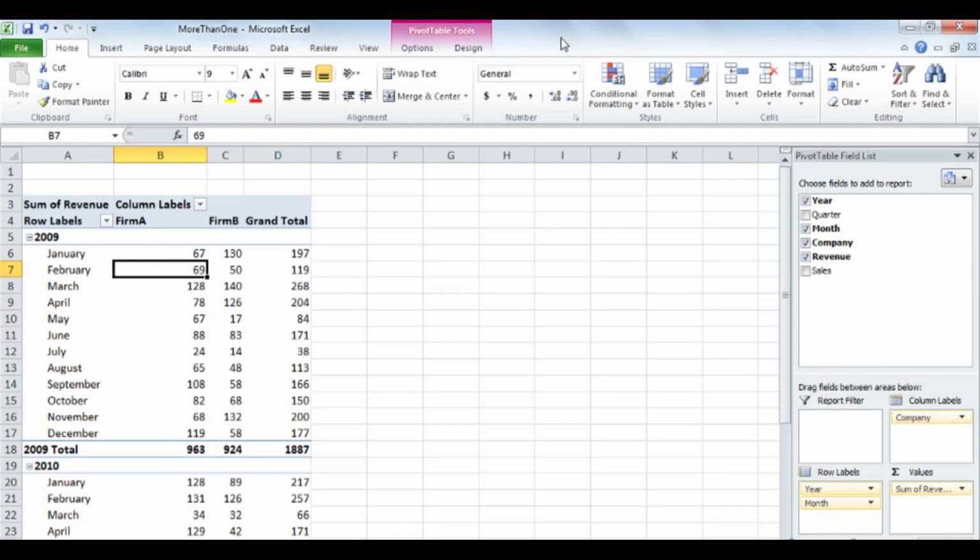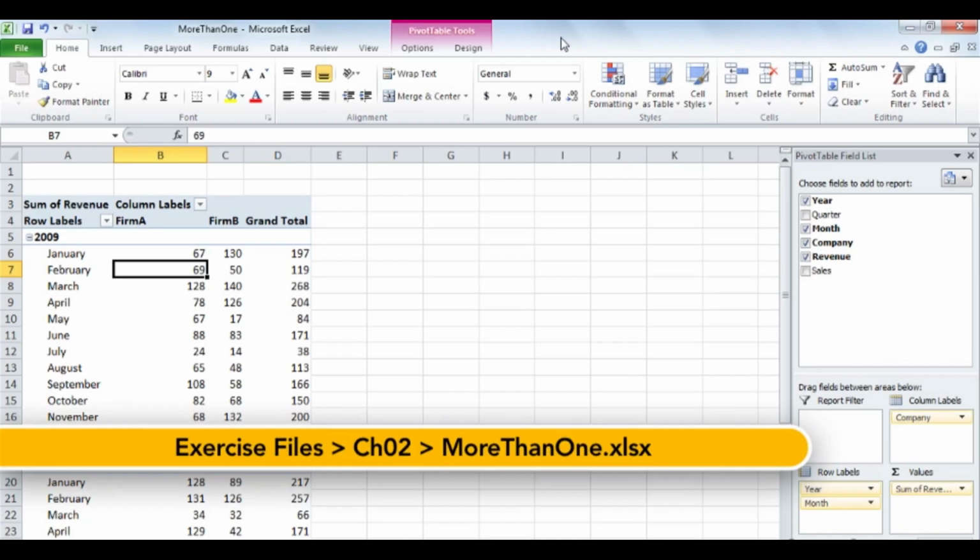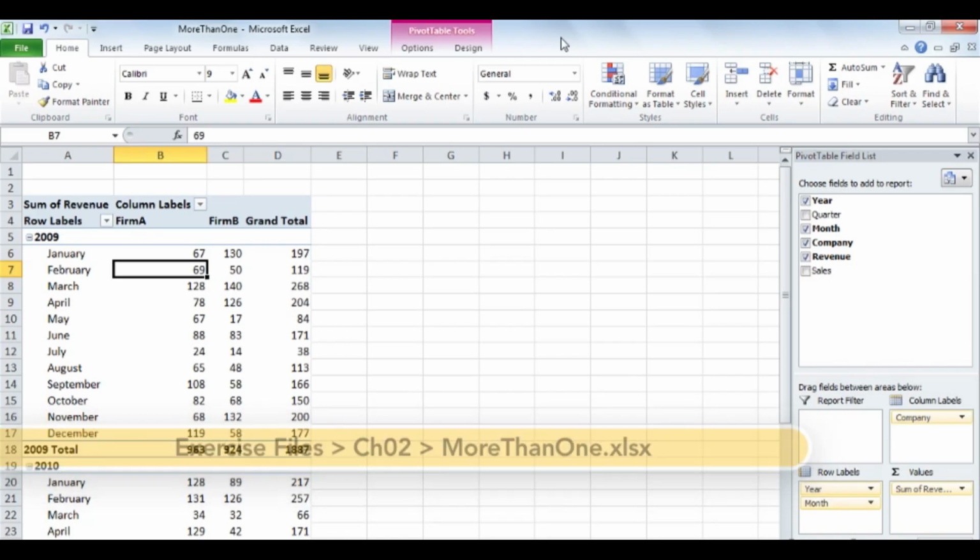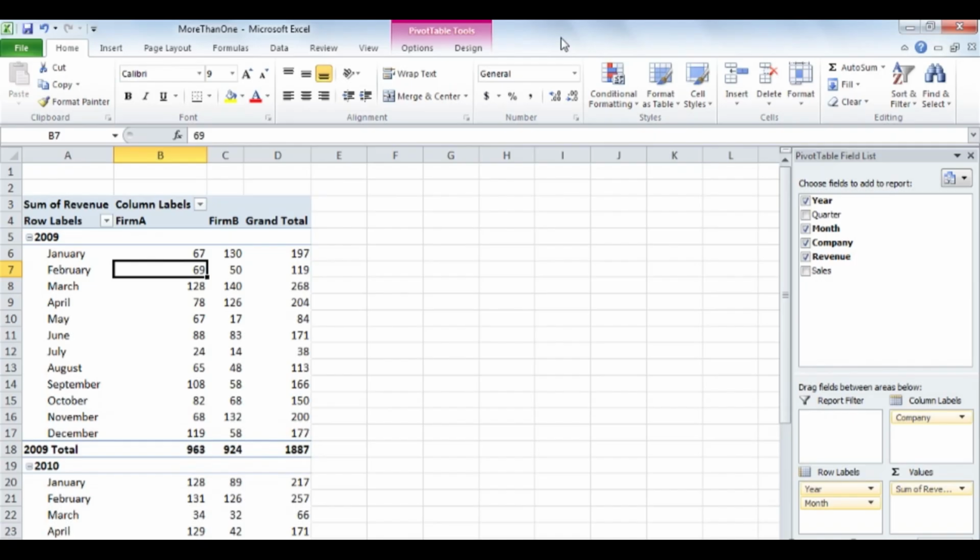When most users visualize a pivot table, they see it with a single data set in the data area. While that's certainly the most common data area configuration, you can summarize more than one data field at a time. So let's say, for example, that I have a monthly revenue worksheet for 2 firms, and I already have the